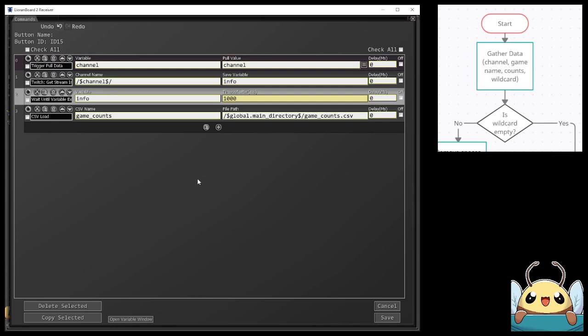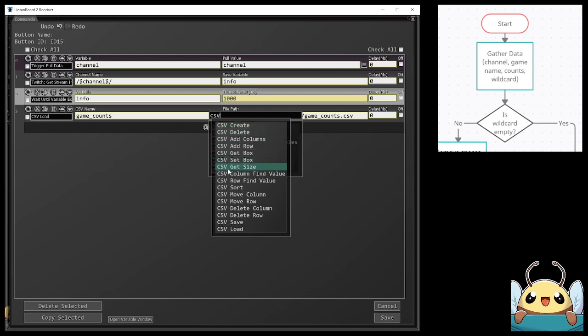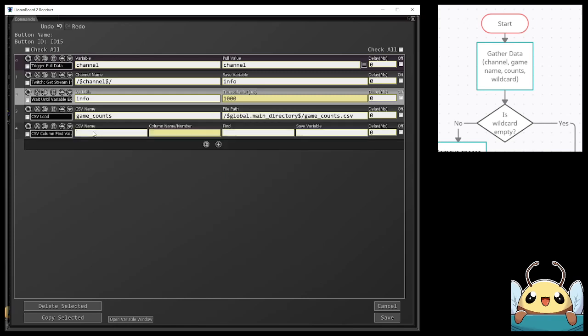Now that we've loaded the CSV into LioranBoard's memory, we need to look to see if the game name already exists as a row. To do that, we need to look inside the first column for the game name. To do that, we'll do a CSV column find value. The CSV name is game_counts, and the column name is the string game_name. What we're looking for is the game name, which is stored inside the variable info.game_name, and we'll save this variable as check because we're checking to see if the game name is a row